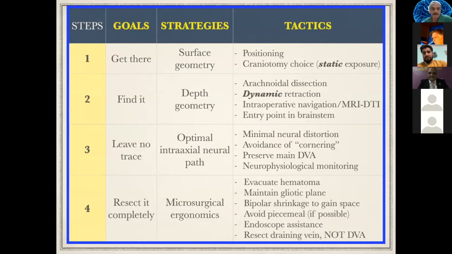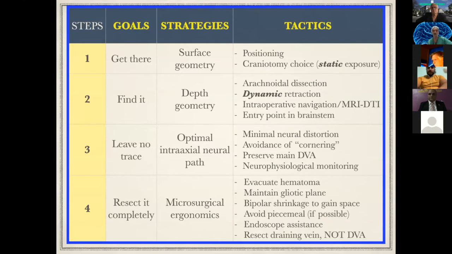There are 4 steps to each one of these. The goals, how to get there, how do you find it? You remove it without leaving any trace, and you resect it completely. For each one of those goals, it has strategies: surface geometry to know how to get there, depth geometry to find it, optimal intra-axial neural pathway so you leave no trace. And very important, some of the audience was asking the question earlier, the microsurgical ergonomics, that's key in resecting the